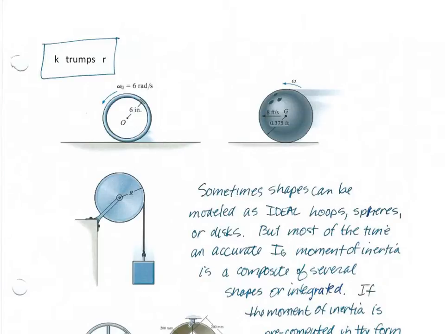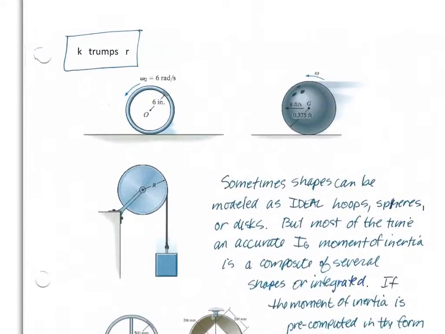I'd like to have a discussion about what the mass moment of inertia really means, and in some practical ways. I've titled this little sub-lecture, K trumps R. Sometimes shapes are ideal, and we've seen some things that are pretty close to ideal, like a bowling ball here. Oops, sorry. A bowling ball is pretty much a uniform sphere. Maybe a pulley might be close to being a uniform disc or a uniform hoop, but most of the time